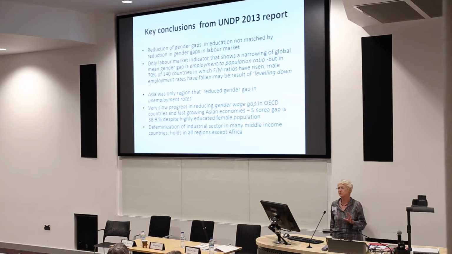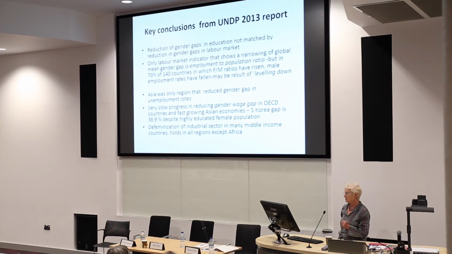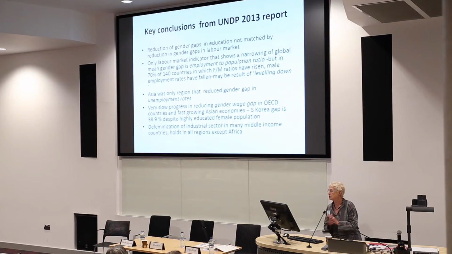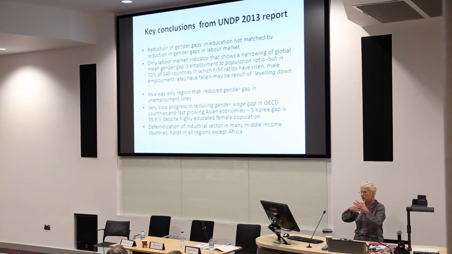The key conclusions from Stephanie's work for UNDP were, I think the headline was, the reduction of gender gaps in education has not been matched by a reduction of gender gaps in the labour market. And the only labour market indicator that she looked at that shows a narrowing of the global mean gender gap is the employment to population ratio. So the female to male employment to population ratio has risen, meaning that the gap in employment between men and women as a global mean